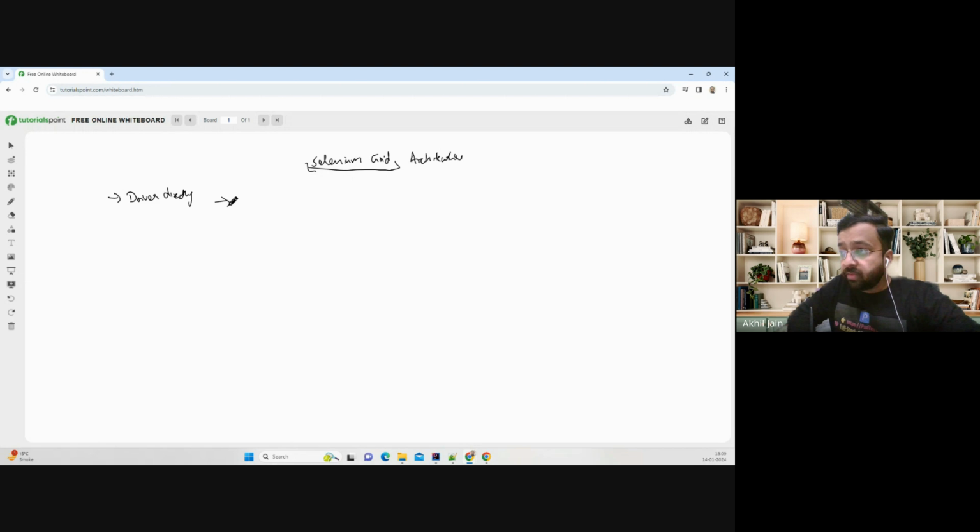In that case, what you will do is create the session of the WebDriver like this: WebDriver WD, and over here you will do something like this, new ChromeDriver. Let's say we are talking about Chrome as of now. So you will do this. So if you use this approach,